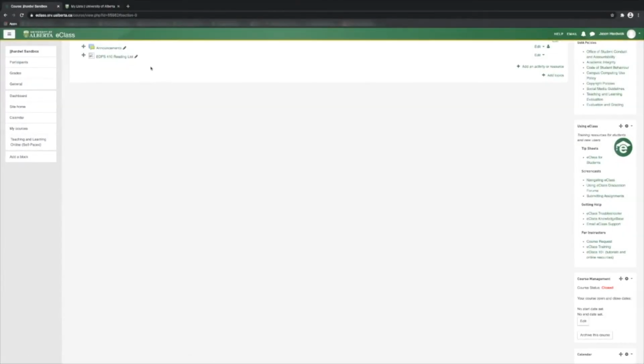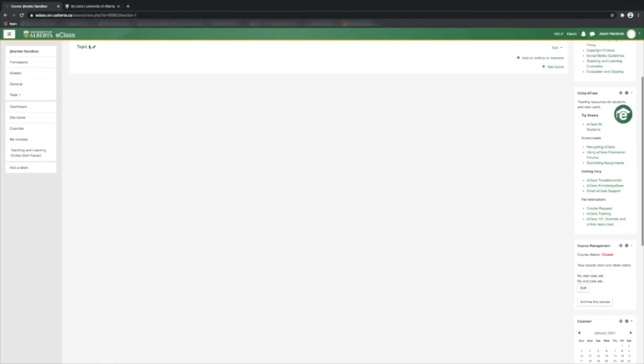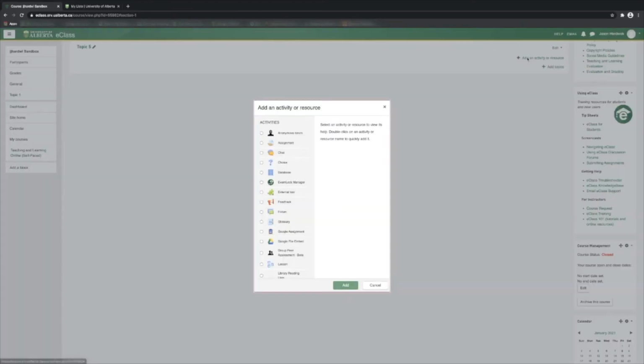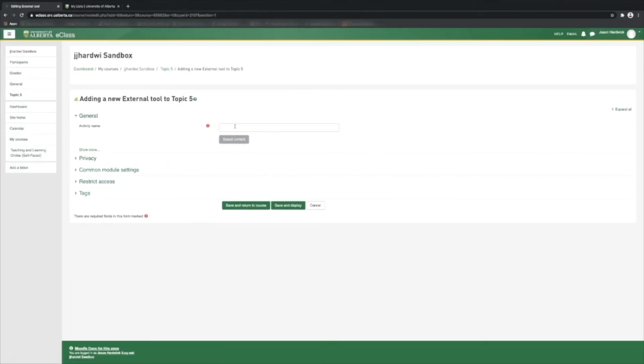Now, one of the great things about adding the reading list button to your eClass is you can add as many as you want. So let's say, for example, I wanted to add one specifically for topic 5. I'm going to go ahead and add the reading list button again, but this time it's going to be under a new section of topic 5. And again, I'm going to also creatively name it EDPS 410